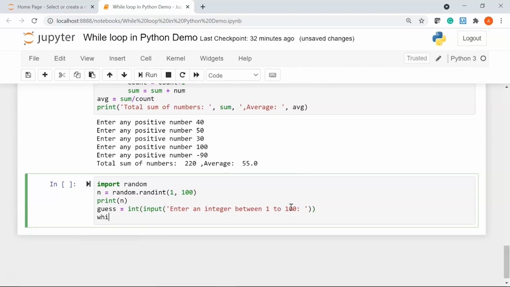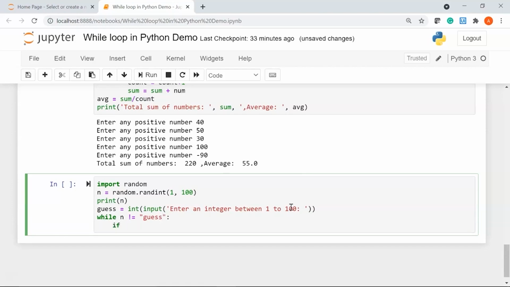Then I'll start my while loop, saying while n not equal to my variable, that is guess.